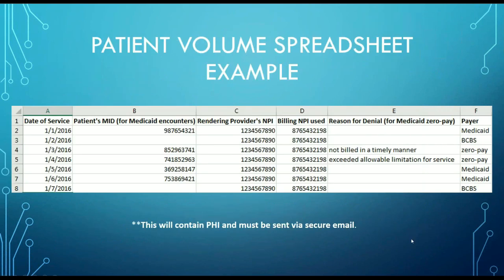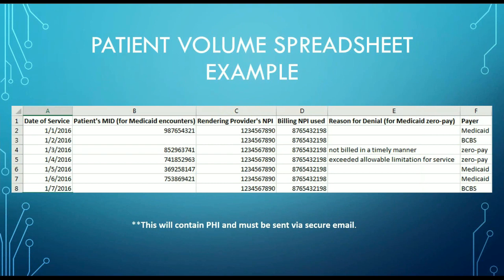Thanks, Ryan. This is an example of what your patient volume spreadsheet should look like. You must include the date of service and payer for all encounters reported. For your Medicaid encounters, you must include the patient's Medicaid ID number. If denied claims are part of your Medicaid enrolled zero pay, please be sure to give the reason why the